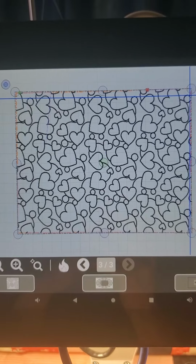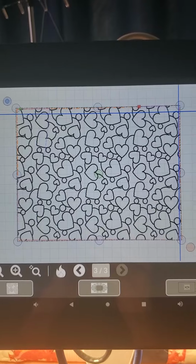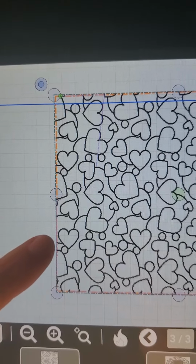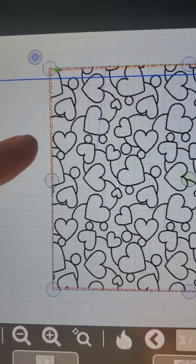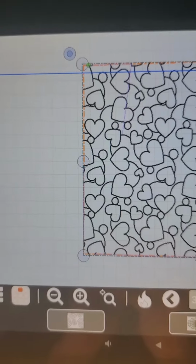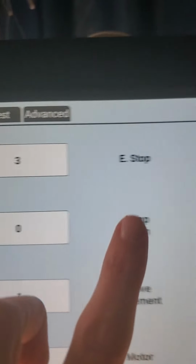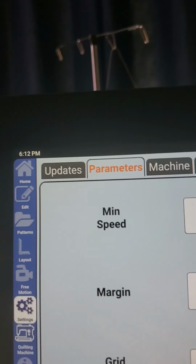One thing to keep in mind when we're stitching out this way and using our crop feature is having your jump stitches turned on is going to be really important, because as you stitch down these designs that have been cropped, we've got a lot of starts and stops as you go along the edges. Having your jump stitches turned on will allow your robotics system to tie off at one end, jump to the next end, tie off, and continue on. Remember that your jump stitches are in your settings, and they're in your parameters tab, and your jump stitches are over to the side. I have mine set at 5 inches. Okay, let's go back to edit,